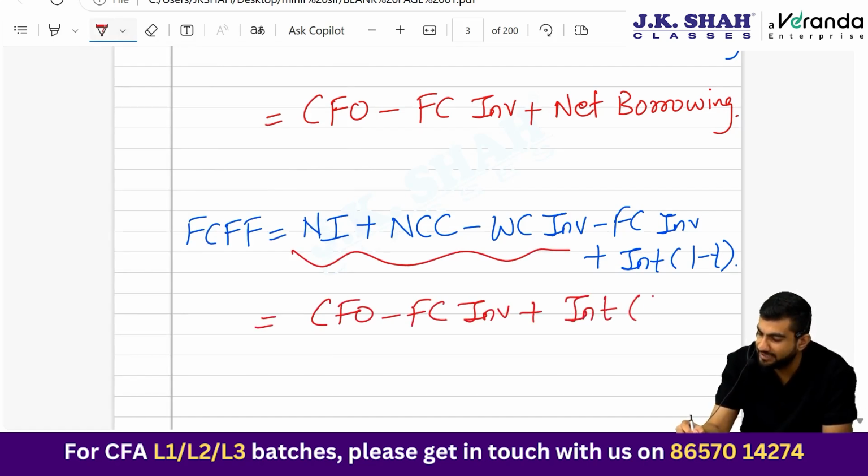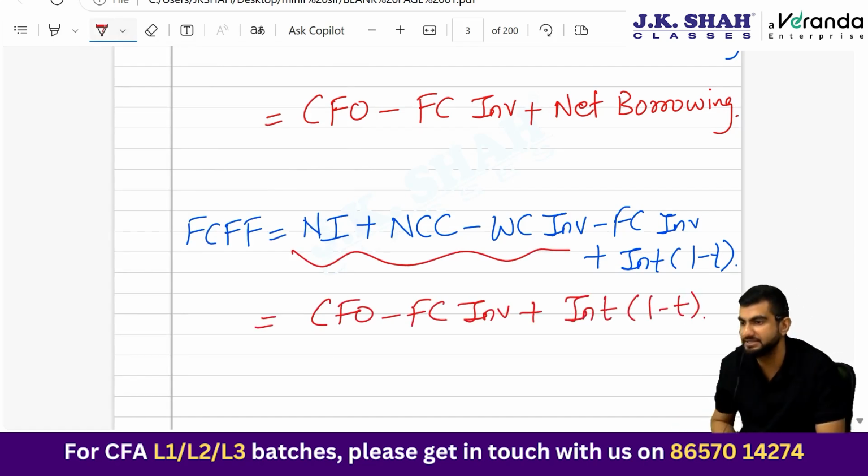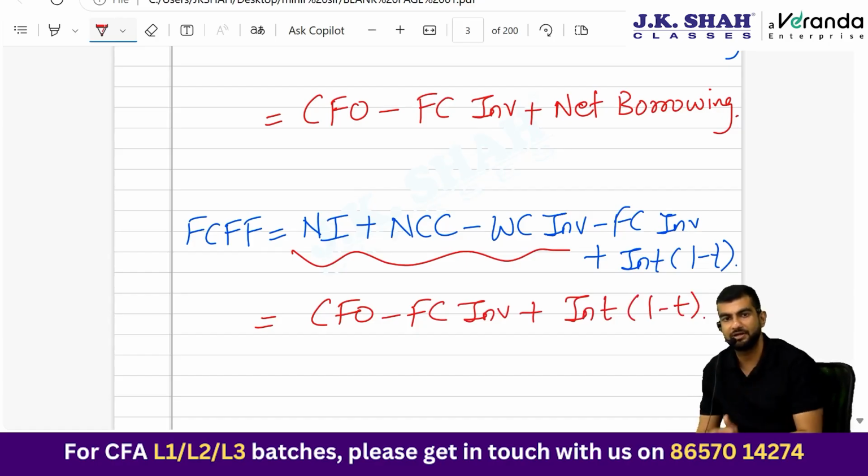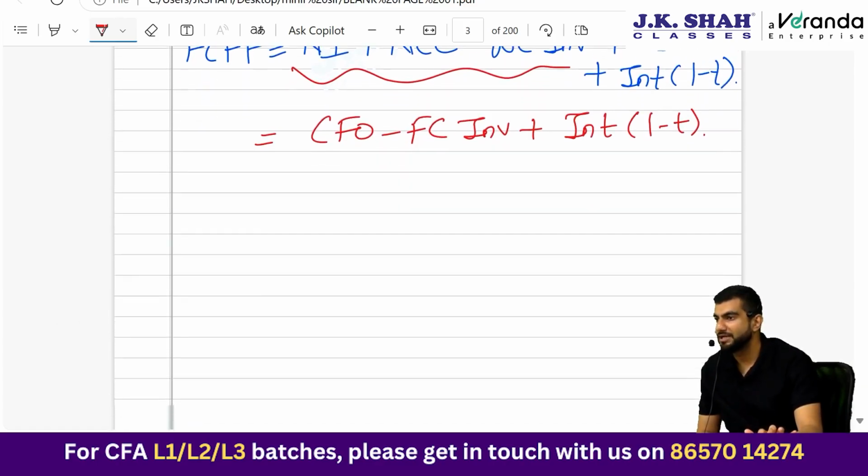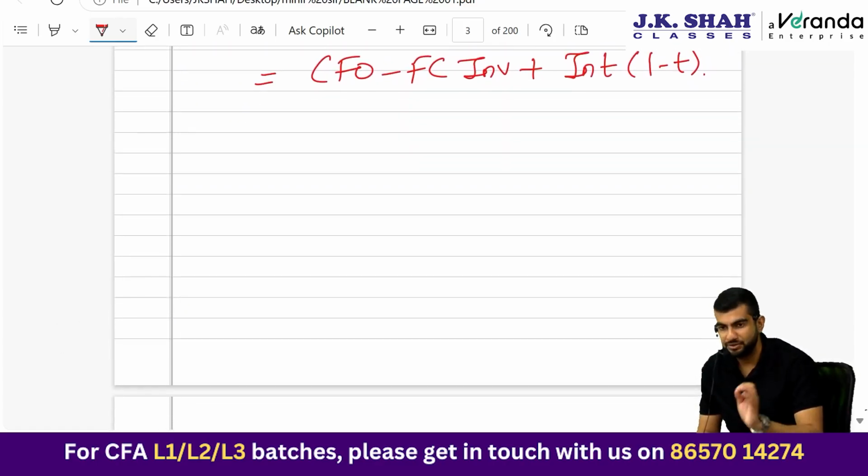I had shown you the entire derivation of this formula. Okay, how is it derived? We had made two equations and all, if you remember. Okay, not going into that much depth right now. So this was all about cash flow statement. Okay, any doubts that you have in cash flow statement, please let me know.